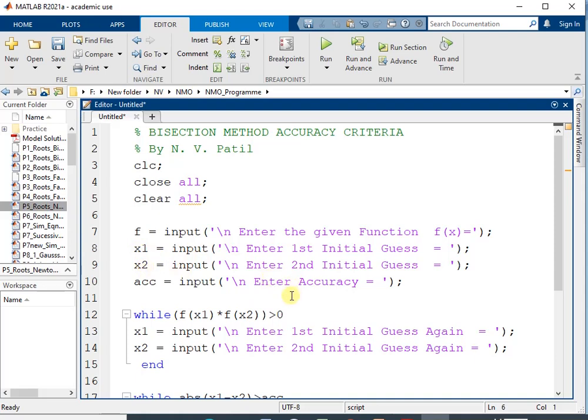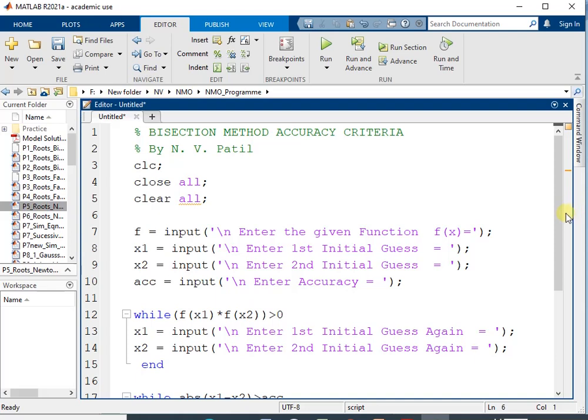Then, based on the accuracy criteria, we take the accuracy as an input from the user and assign it to the variable ACC. While writing the input syntax, you must write it exactly as it is, and take care of the spelling of the input syntax. Then, inside the opening and closing brackets in inverted quotes, we write the message for the user. The \n is used to print on a new line, and whatever you write inside the inverted quotes will be used as a message for the user, so that the user can give the input accordingly.